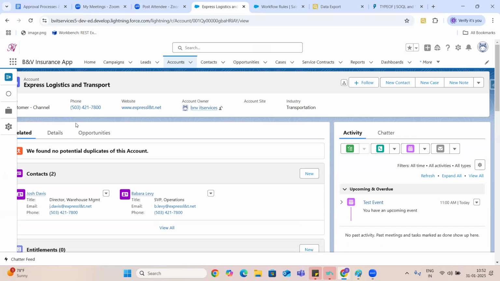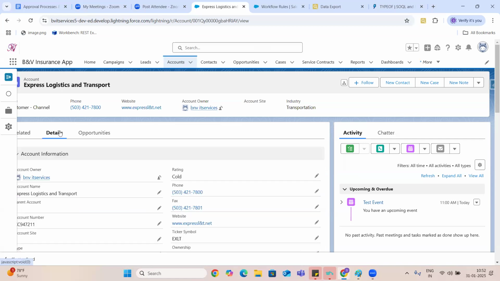Then there is a third thing. Every time it subsequently meets the criteria. Creation we can do only one time, guys, right? But edit is something we can do multiple times. We can edit the records multiple times, right? So in case of the second scenario, created and edited, the rule will fire every time when you click on the edit button, guys. In case of the third scenario, created and edited to subsequently meet the criteria.